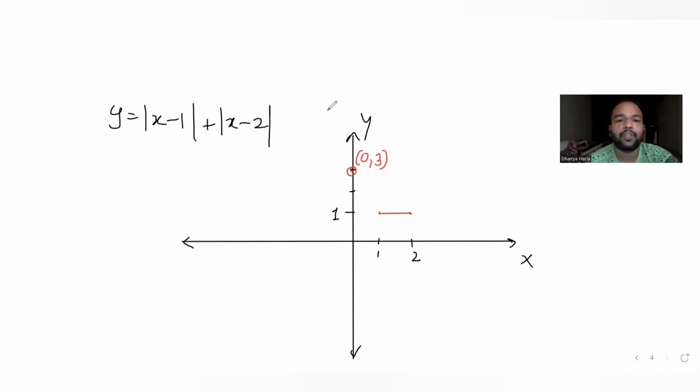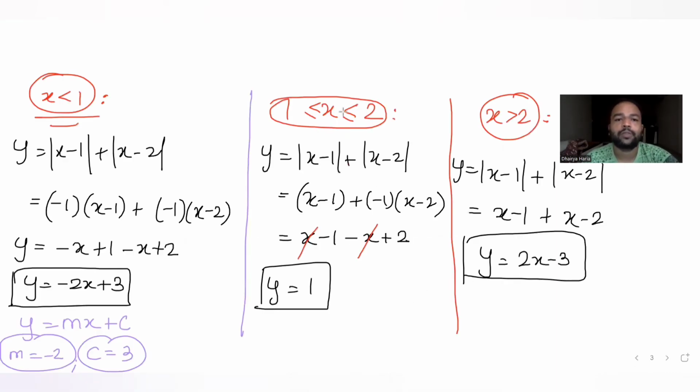If I draw a line which is passing from this point, passing through that, let's see. So if I have that line, your curve will look something like this. And the other curve, if I see, that is y equal to 2x minus 3. If I try to solve that as well with comparing y equal to mx plus c, slope is 2, y-intercept is minus 3. So if I see that line,